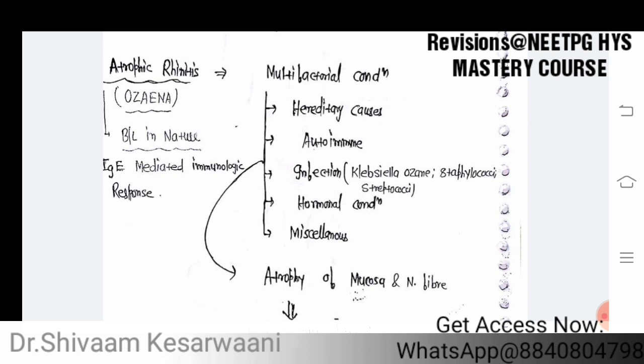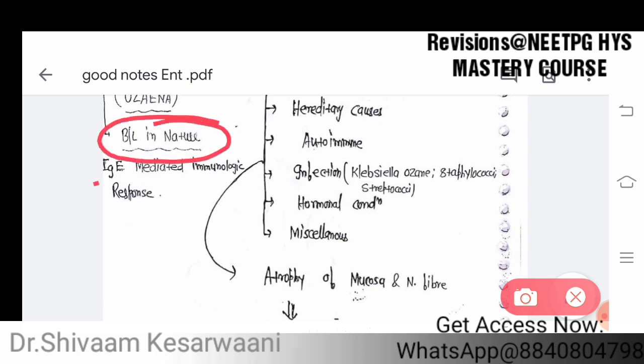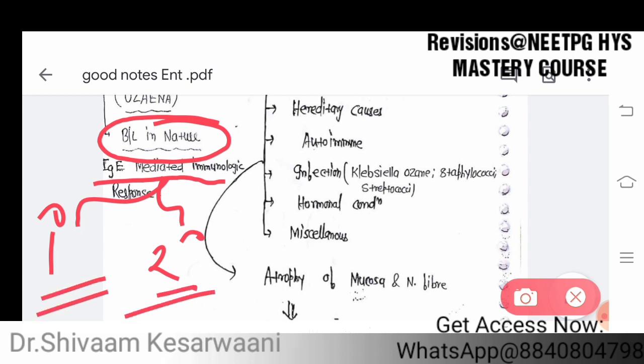So starting with atrophic rhinitis, which is a chronic rhinitis associated with atrophy of nasal mucosa, its glands, nerves and vessels. Usually it is seen bilateral in nature, which is an IgE mediated immunological response. Different types of atrophic rhinitis can be classified into primary atrophic rhinitis and secondary atrophic rhinitis. What do you mean by primary? The cause basically is idiopathic, but the secondary atrophic rhinitis is a result of some destructive granulomatous conditions of the nose,